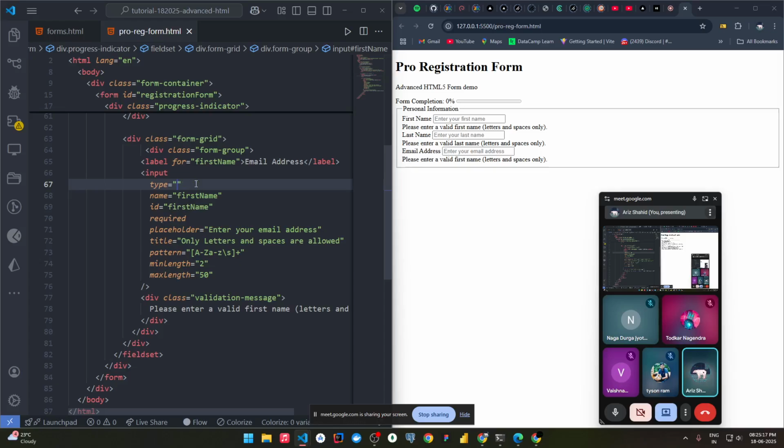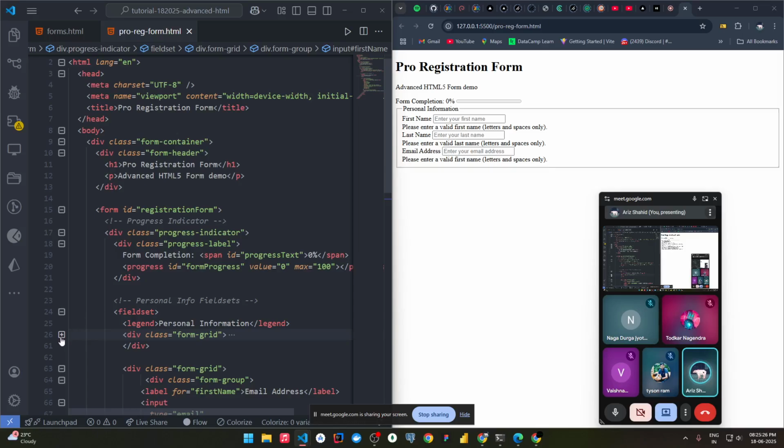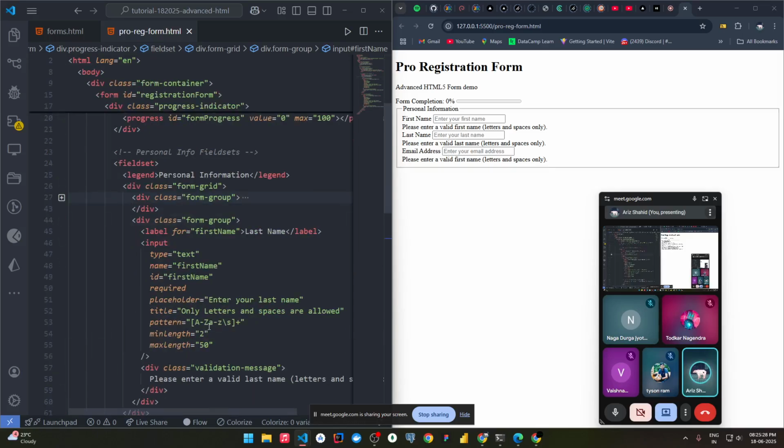Okay, so the input type will be email itself. And we forgot to change one more thing here, the ID. Here it will be last name and last name. Also this one, last name,